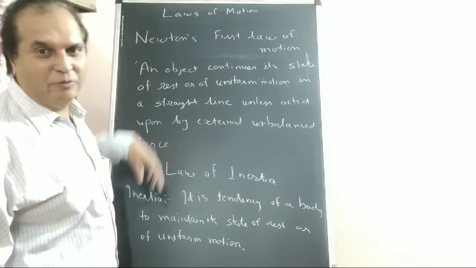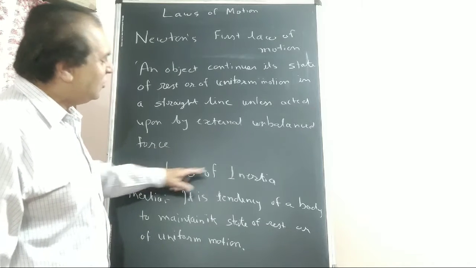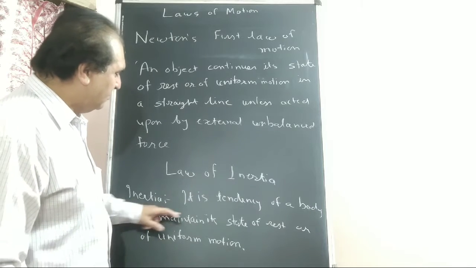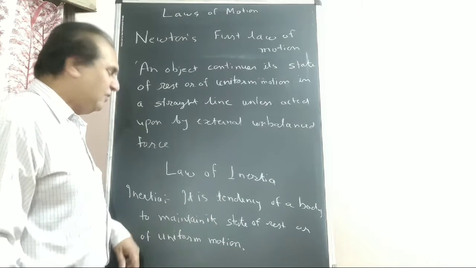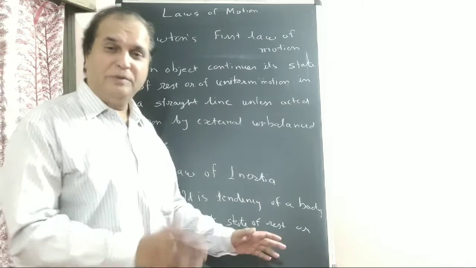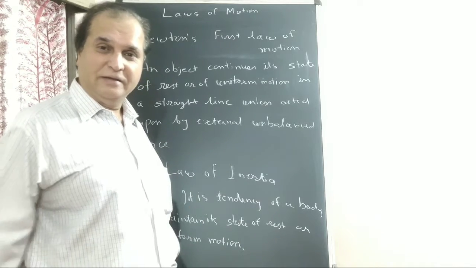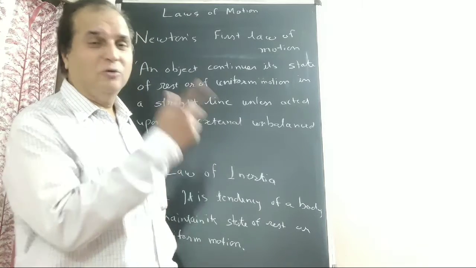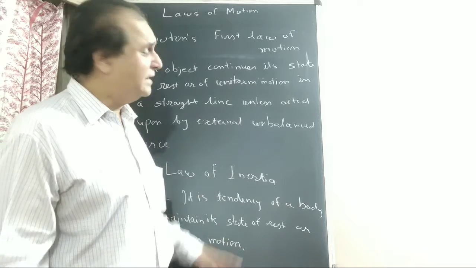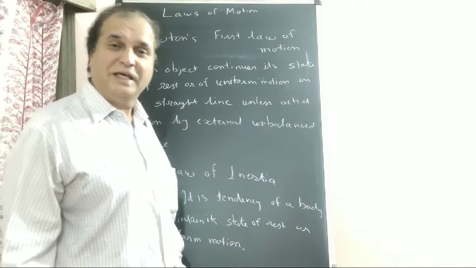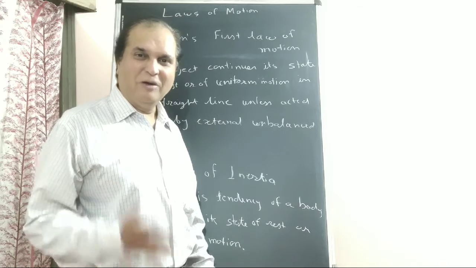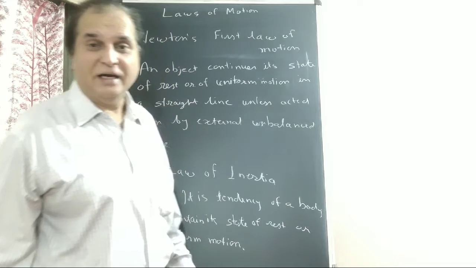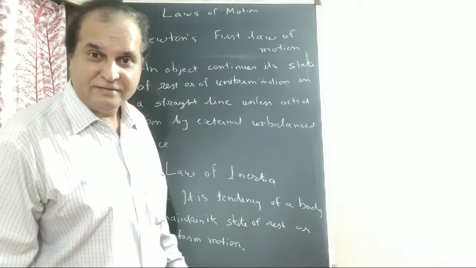Newton's first law of motion is also called the law of inertia. What is inertia? It is the tendency of a body to maintain its state of rest or of uniform motion. Heavy objects don't move easily; they have a tendency to rest. This board is here. If I lock the room and go out, coming back after 15 days, it will be here only, due to its heaviness. A small paper may fly off due to wind because it has less inertia. Heavy bodies have higher inertia.